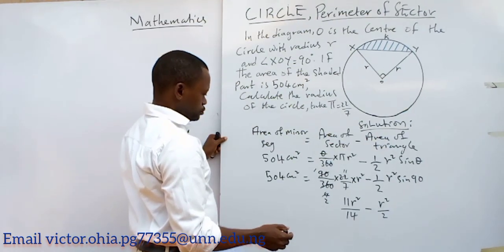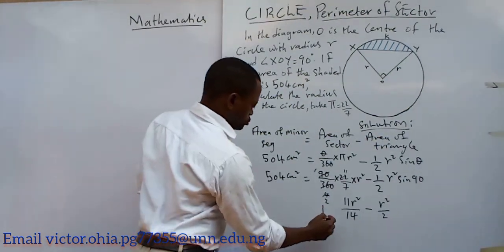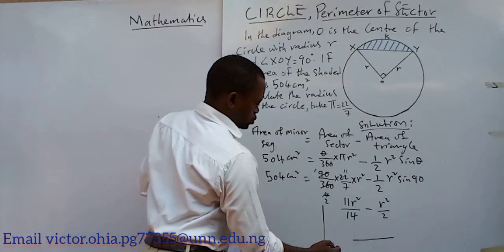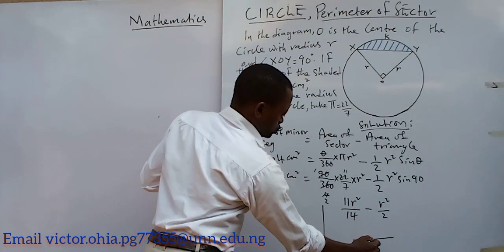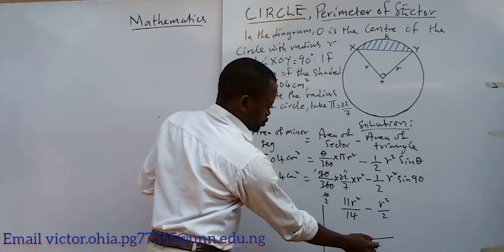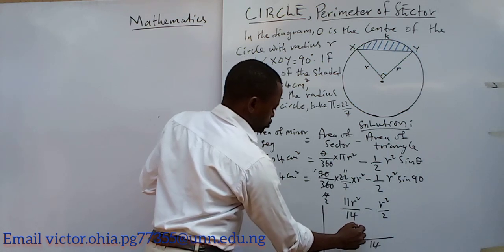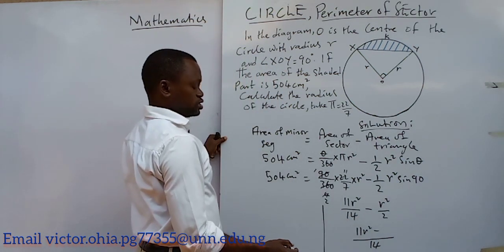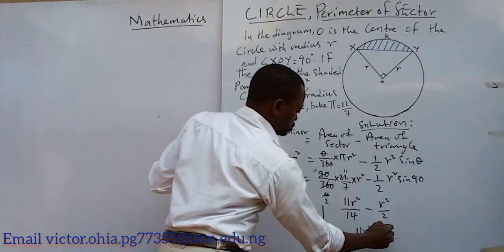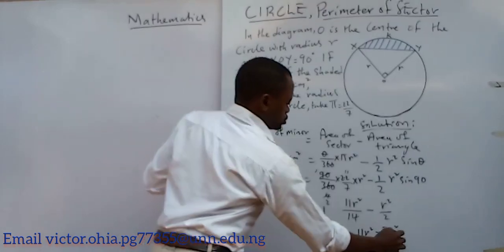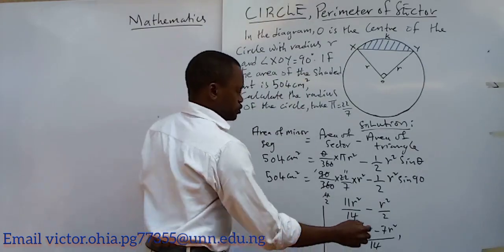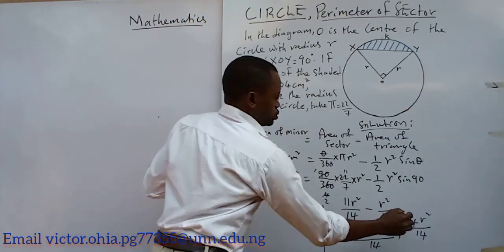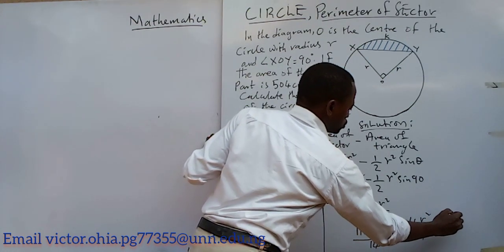So obviously I can work on this by finding the LCM. The LCM of 14 and 2 is 14. So 14 into 14 will be 1. 1 times 11 r squared will be 11 r squared, minus 2 into 14 is 7. 7 times this will be 7 r squared. So obviously 11 r squared minus 7 r squared will give us 4 r squared over 14, which you can reduce to 2 r squared